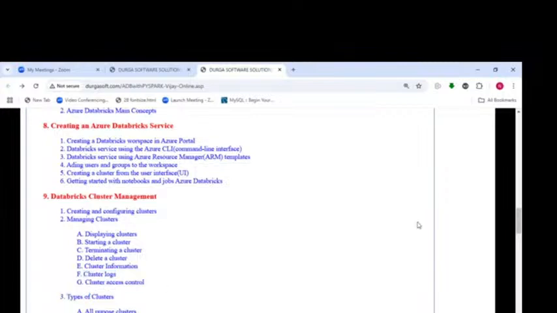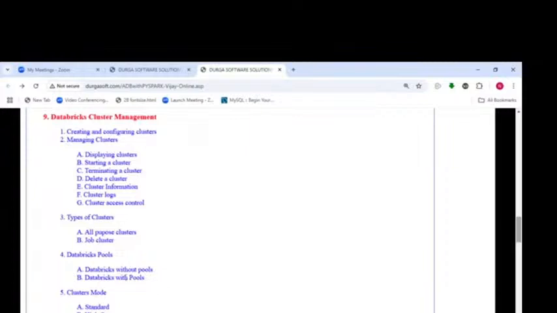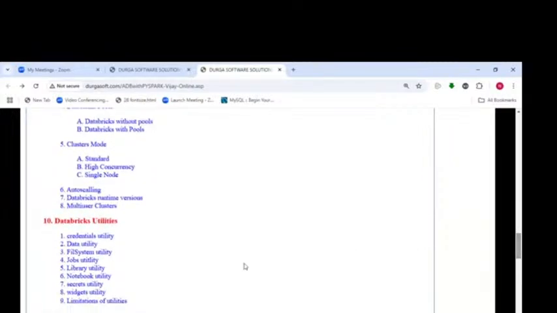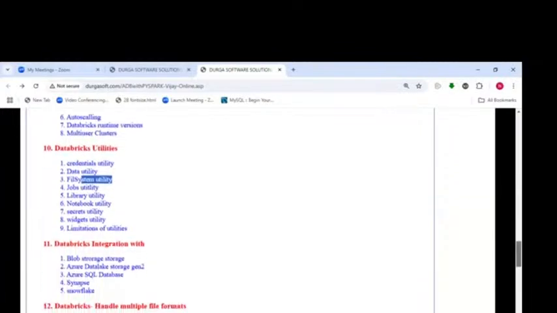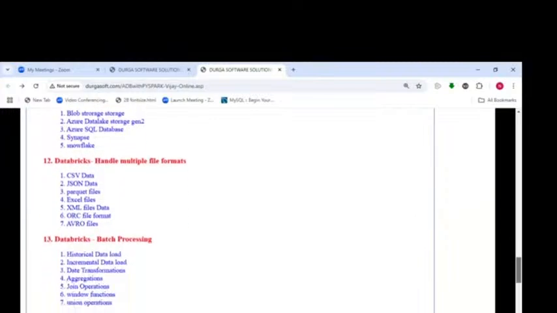logs, cluster access control, types of clusters, all-purpose cluster, job clusters, Databricks pools, Databricks without pools, Databricks cluster modes: standard, high concurrency, single node, auto scaling, Databricks runtime versions, multi-user clusters, Databricks utilities: credential utility, data utility, file system utility, job utility, library utility, notebook utility, secrets, widgets, Databricks integration with blob storage, with Azure SQL database, with Synapse and Snowflake, Databricks handling different file formats: CSV, JSON, Parquet, Excel, XML data, ORC file format, and data